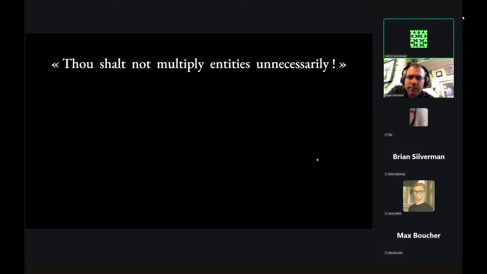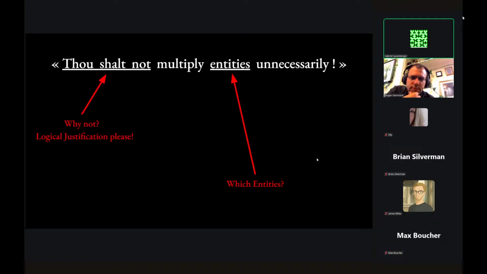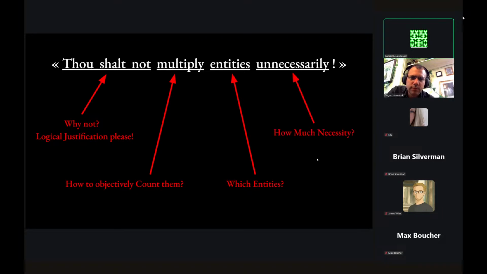Here is Occam's razor again. And now, what does this even mean? Almost everything about it is actually unclear. So here, what entities shall we not multiply? It's not clear. Why should we not do that? It's not really clear either. And then how do you even count objectively how many entities you have? Because it depends. You can set up a model in a different way, and then the count might be different. And then "unnecessarily" or "beyond necessity", it's not even clear what that means either, because necessity is also a matter of degree. So we need to quantify that also.